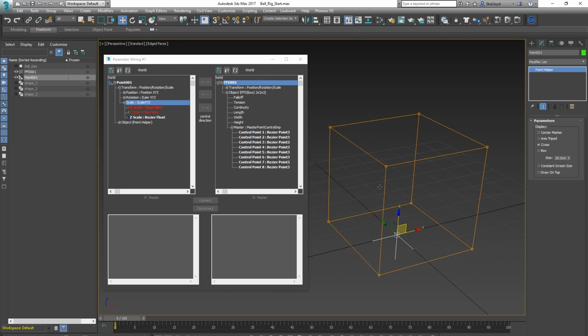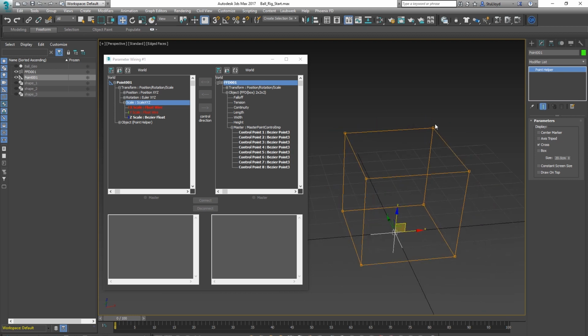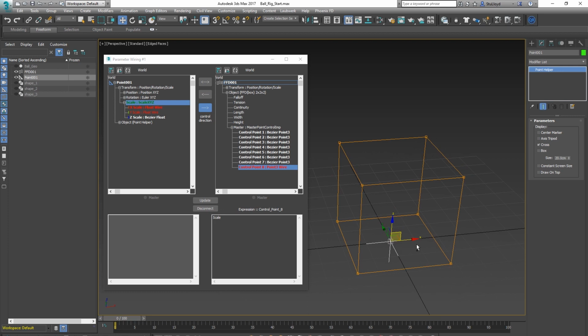So a good example here is, let's say this control point over here, so remember this is point 8, and its coordinate system within itself is 1, 1, 1. So therefore, if we lined up our scale to point 8, and we just did a direct connection, so if I go connect, connect, we know that now,